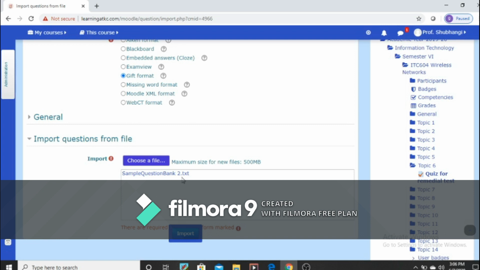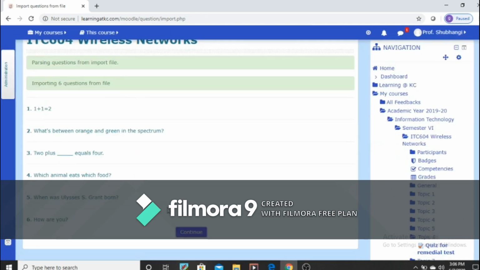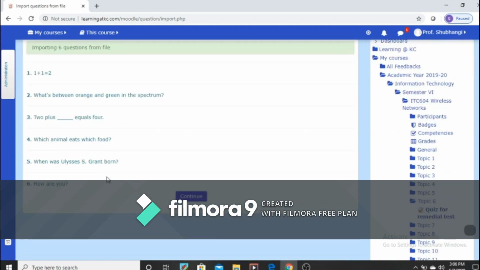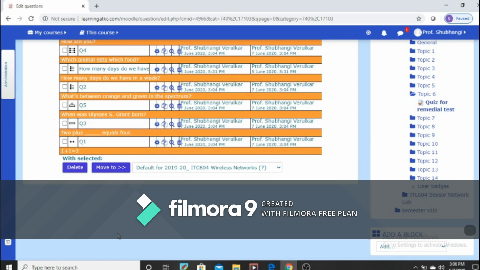So the sample question bank is ready here. Import it. Only if it is in that specific format will the questions get imported, otherwise they will not. So we have imported. Continue. Okay, now questions are ready here.